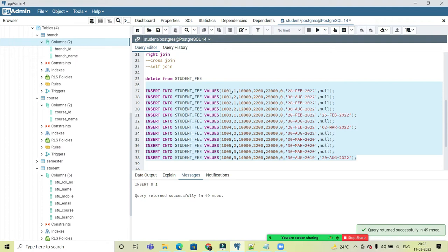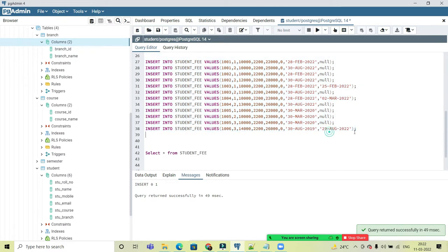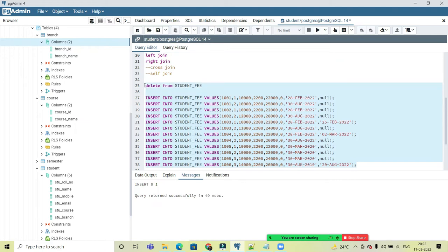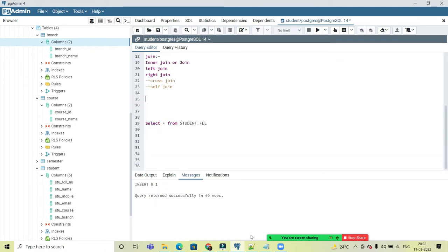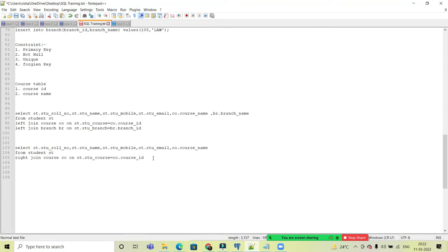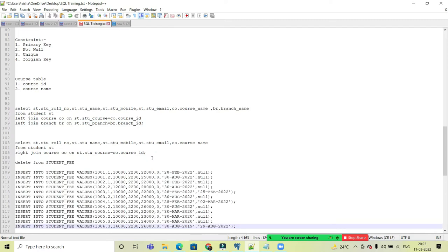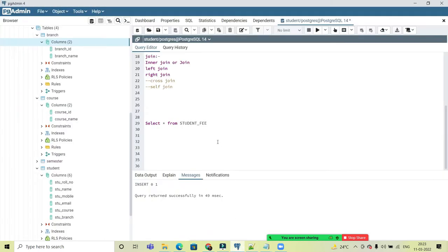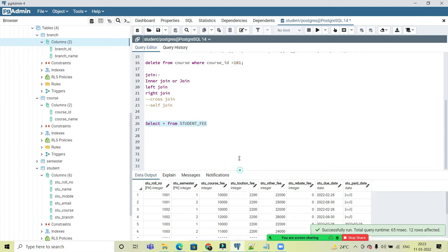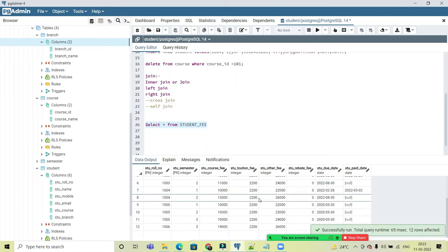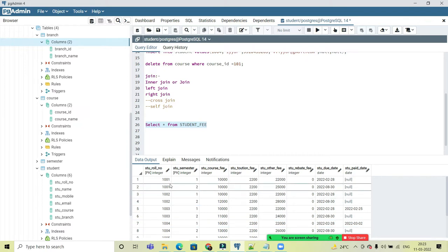So I made this data now. Let me copy this data and put it into your SQL. Okay, so this data is prepared. Now let me come to my topic. I'm running this student fee. So this is the data you can see. We have 12 rows, we have the roll number, the semester, and the